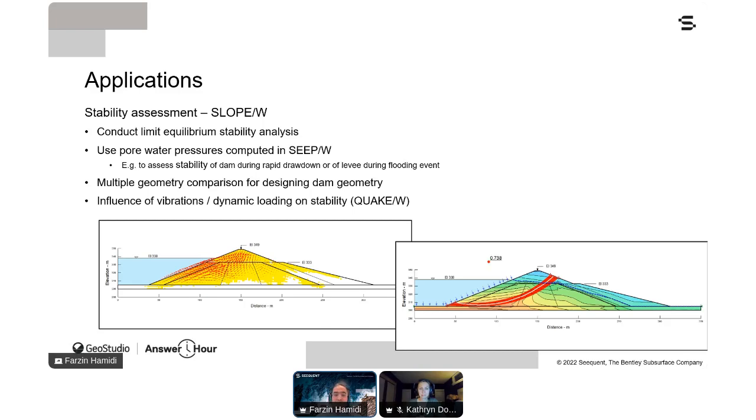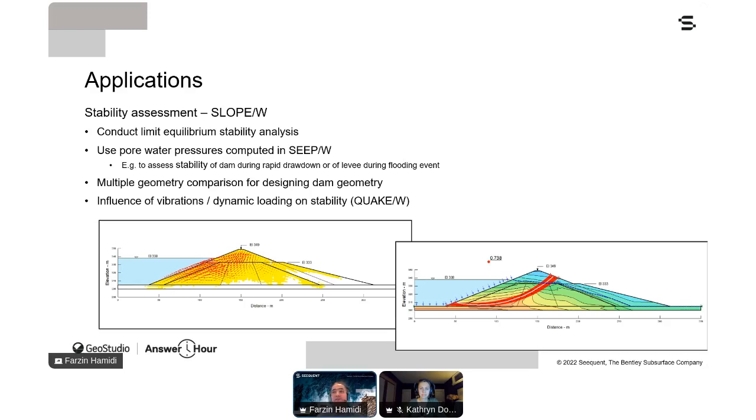So these are the things where you might find it useful to couple SEEP/W with your SLOPE/W analysis. A single GeoStudio file can include multiple geometries, which assists with designing dam geometries. So for example, if you want to have different geometries, you will be able to include them in just a single interface of GeoStudio. Dynamic impact on stability can be assessed using either a pseudostatic or Newmark deformation analysis.